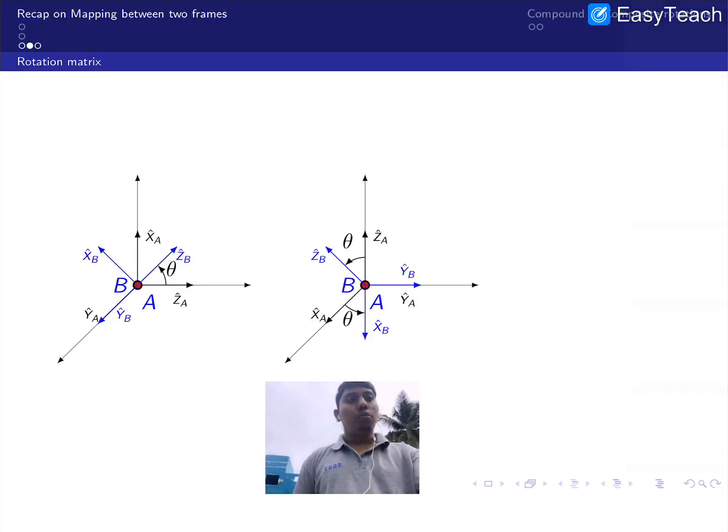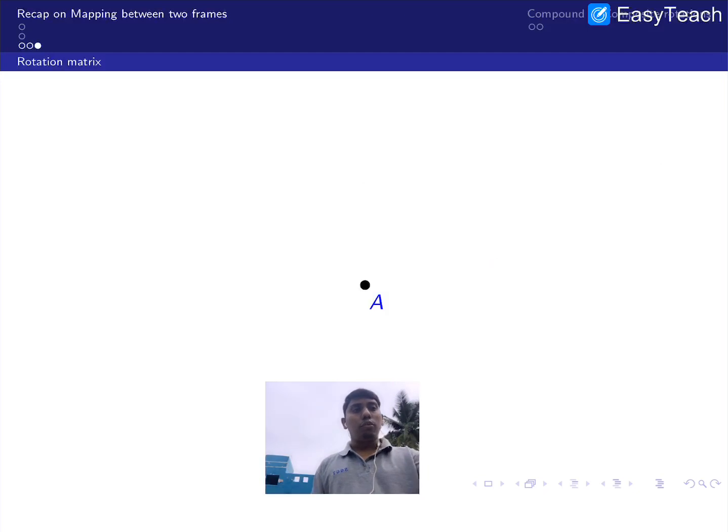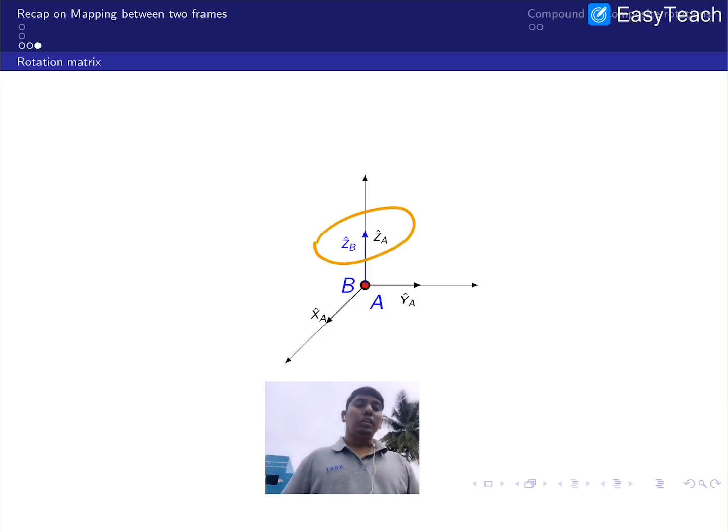Now the same way what I did earlier, I can do the projection and I will get the rotation matrix, right. The same sense I can go forward with the z axis rotation, and you can see that I am taking this as the rotation axis. Now this will be happening here. So that is what I am showing.